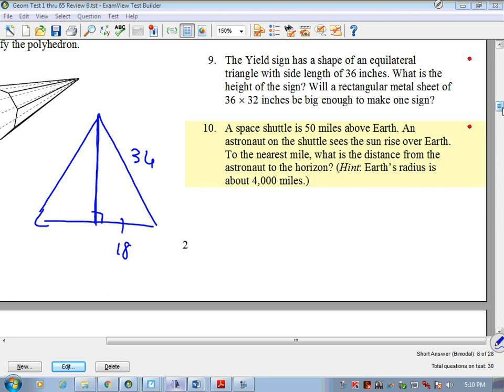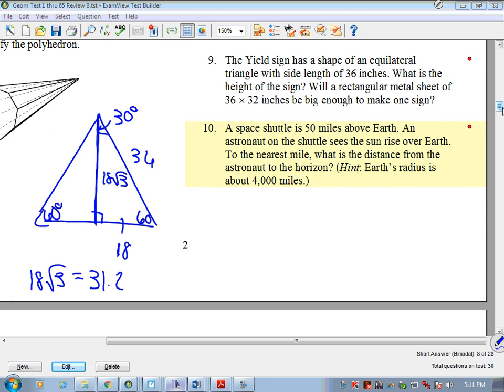Because it's an equilateral triangle, all the angles are 60 degrees, but that's going to force that to be a 30. So there's 2 ways of doing this. You can look at it as a 30, 60, 90 triangle, or you could look at it as a simple right triangle. It's faster to look at it as a 30, 60, 90 because that means 18, 36, which means this is 18 radical 3, and 18 radical 3 is 31.2